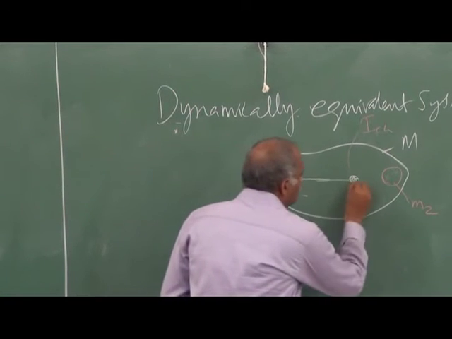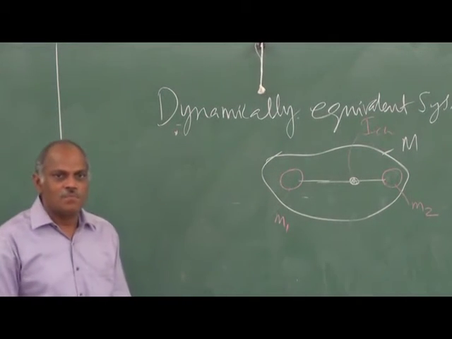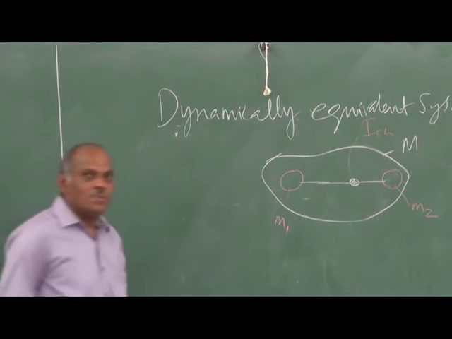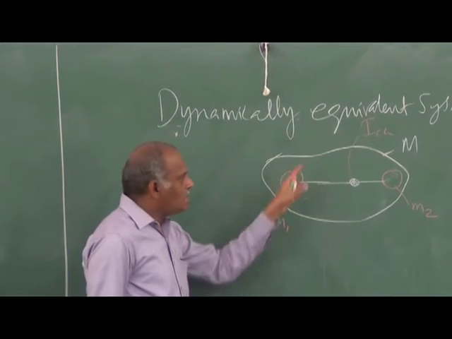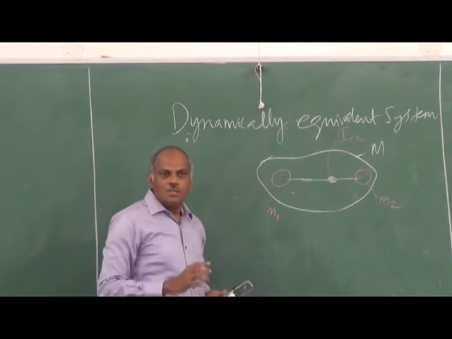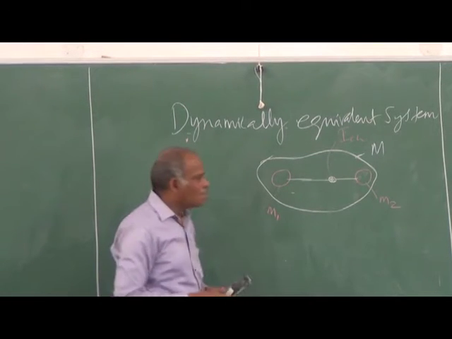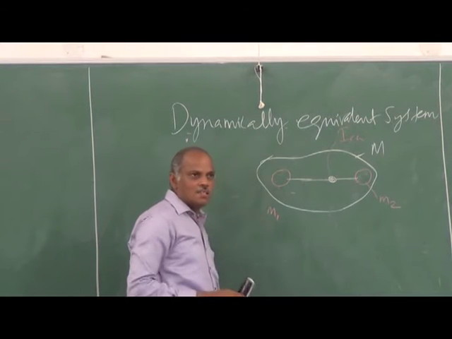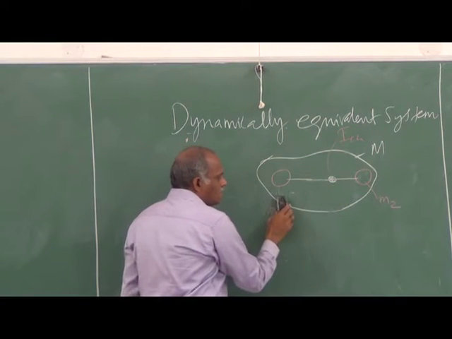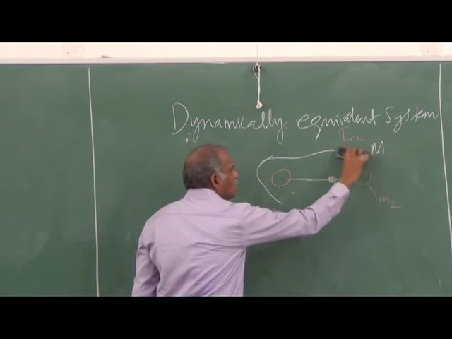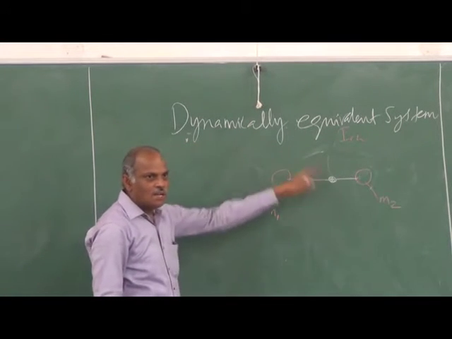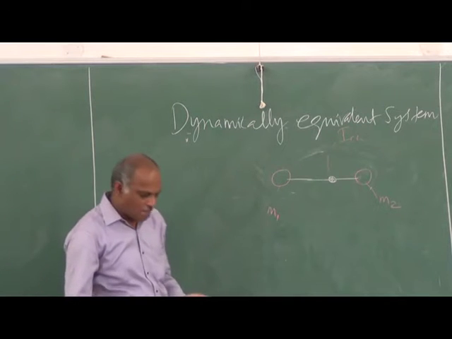So it should have same Cg. Last class I have drawn them separately. So now you can see that there is a rigid body like this. That is the equivalent, means I am going to replace it by two mass system connected by a massless, very stiff rod. So when I put these two masses, automatically this is removed. So that is what your equivalence is. So that rigid body is replaced by this two mass system.